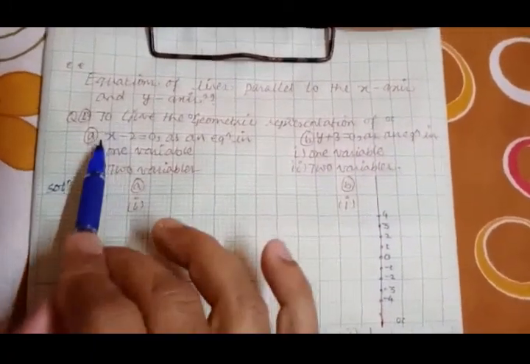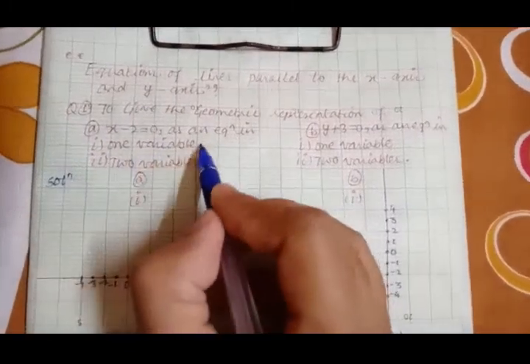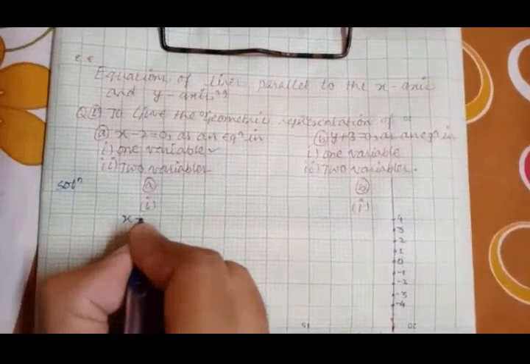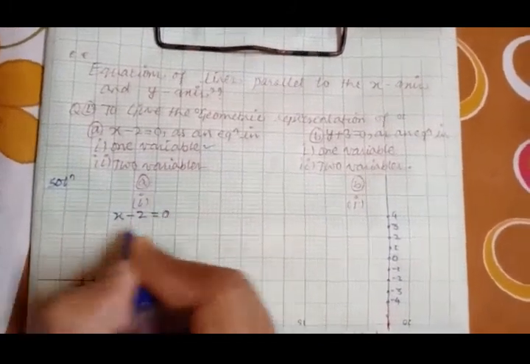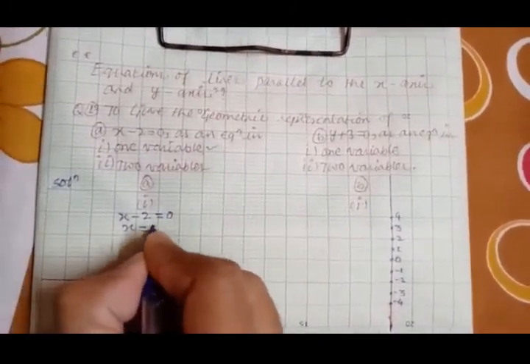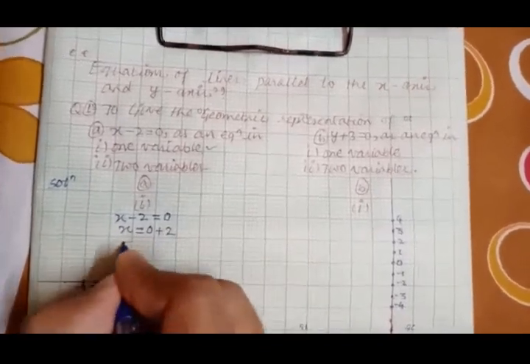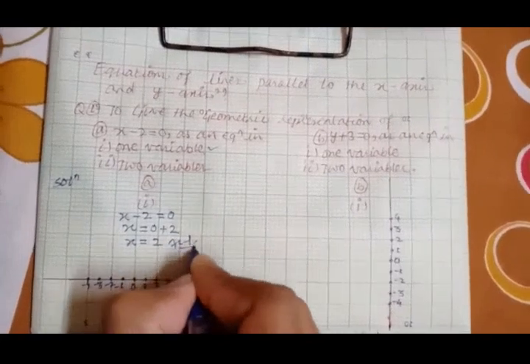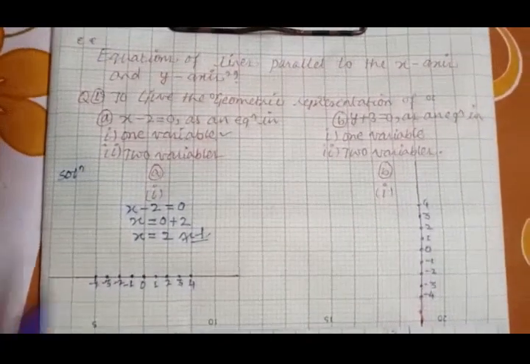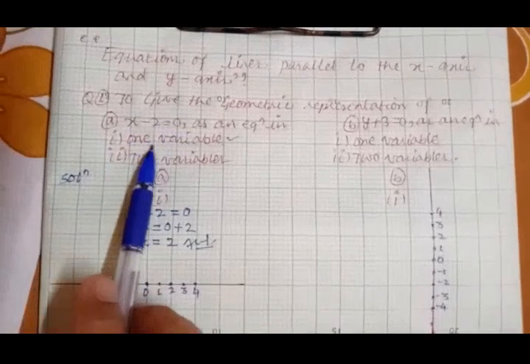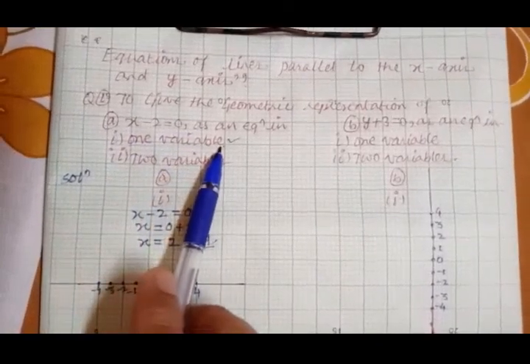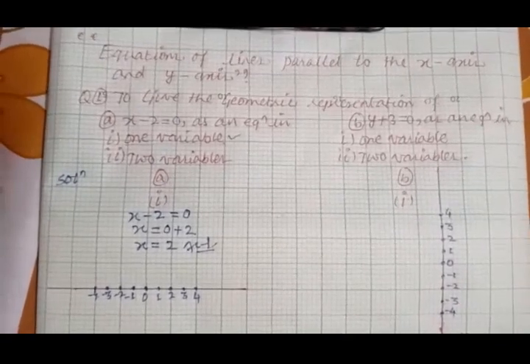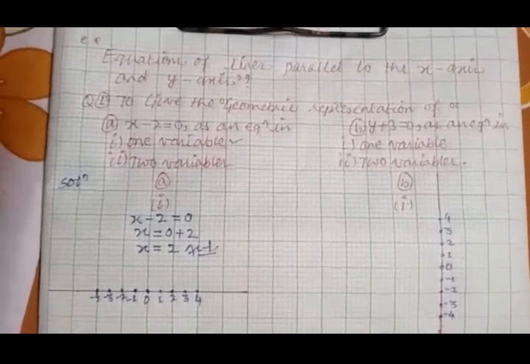So let's start with x minus 2 equal to 0 when it is treated as a linear equation in one variable. So here we have x minus 2 equal to 0. Let's simplify this. So it becomes x equal to 0 plus 2, and finally x equal to 0 plus 2 is 2. So x equal to plus 2 is the only solution of x minus 2 equal to 0 when it is treated as a linear equation in one variable. And the same you have studied before as well, that a linear equation in a single variable has a single solution only.